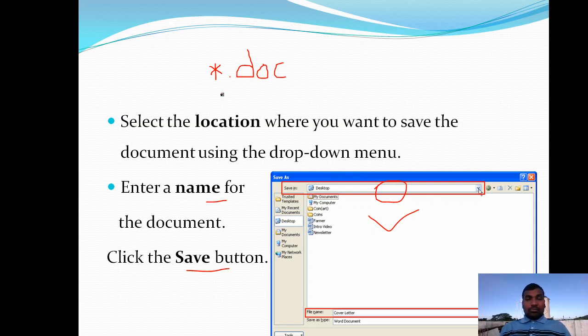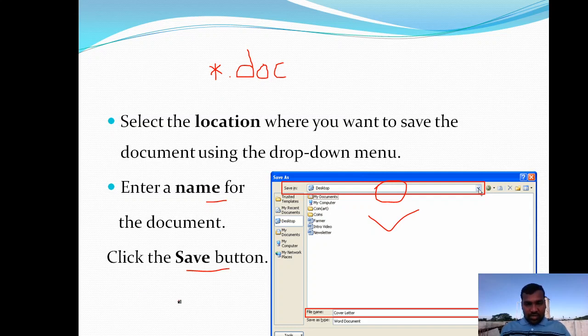So how are we performing the saving operation? After pressing the Office button, a save as option will be there. Click on that save as option. After that, a pop-up window will be displayed. In that window you need to give the file name, and also the location where you want to save that document, whether in the Documents folder under My Documents, or somewhere else, like the D drive and other different drives.